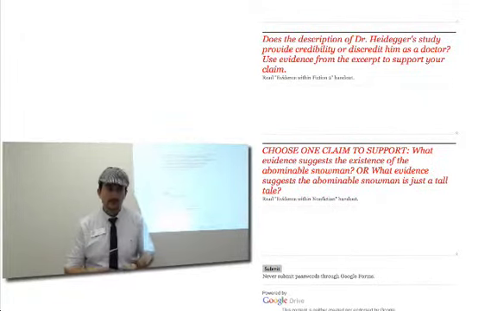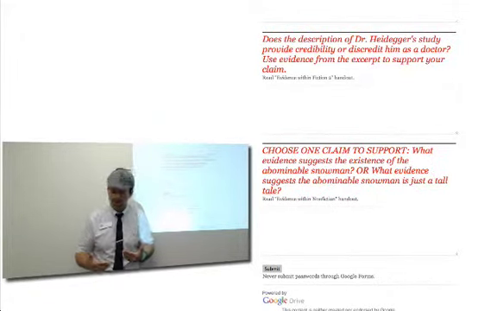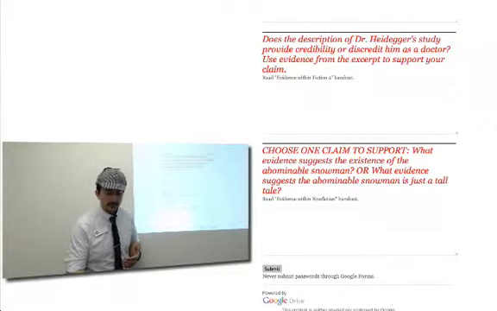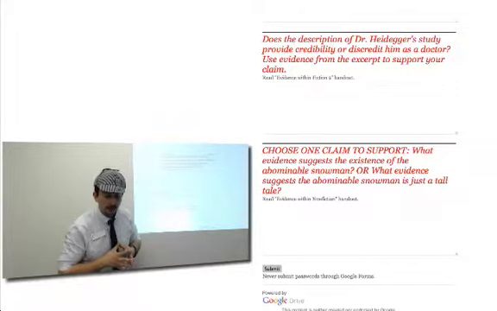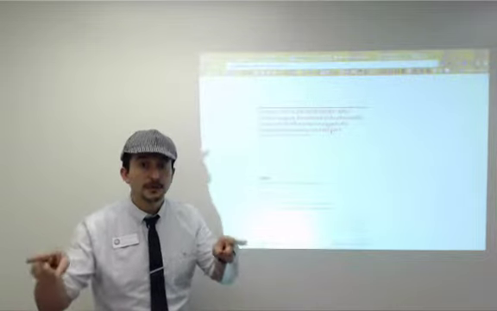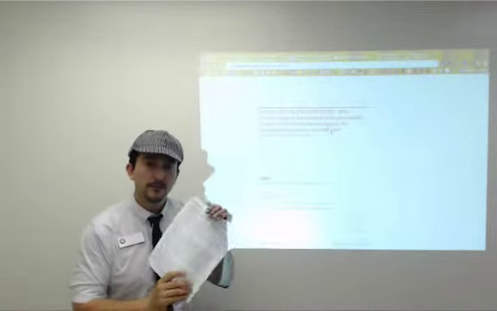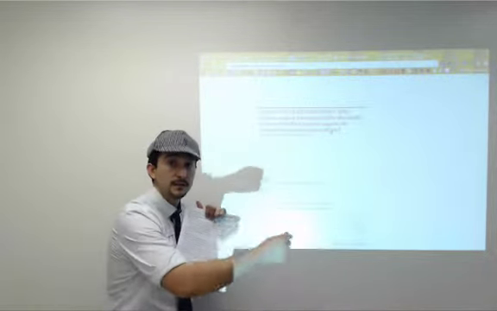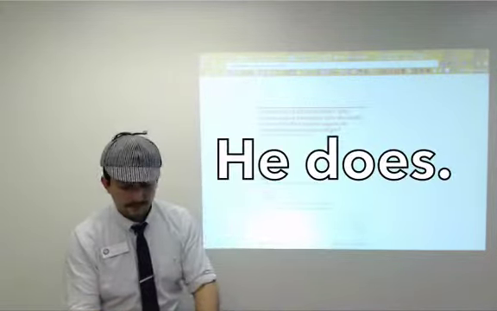So that kind of brings us to our nonfiction text that you can practice with students. It's essentially a science text, and it has to do with a very pressing question: is the abominable snowman real? Once again, they have to commit to a claim, and then they would use the article looking for evidence that will support whether he does or does not exist.